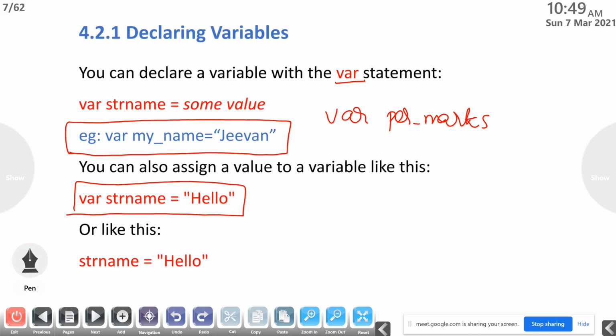This is the declaration of a variable. Along with the declaration, we can also give the value. So here var strName equal to hello, or like this, strName equal to hello. We can avoid this var and directly give the variable name equal to value.